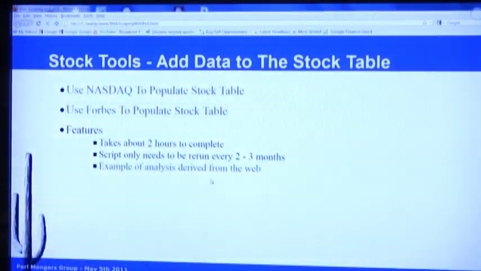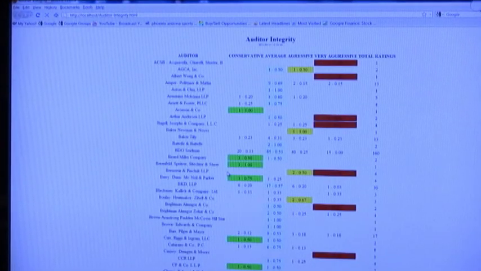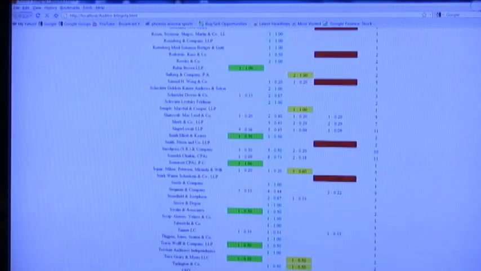Well, I found that I can build a database of auditors and find things out about these stocks. And I'm going to show you a report that was derived from web scrape data. But of course, this report comes right out of a database, the database I built from that data. So basically, this lists all of the auditors in my database of about 8,000 companies, and it gives you counts of how many companies they've audited, what percentage is in the conservative to very aggressive, and so now I have a way to tell